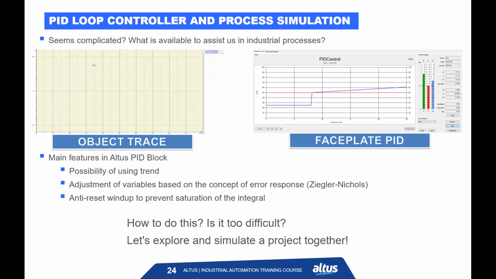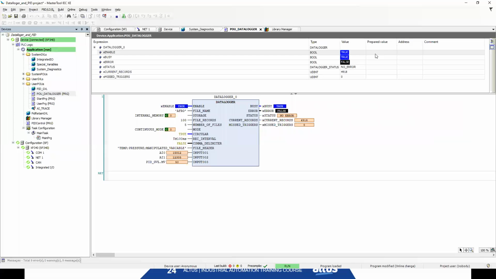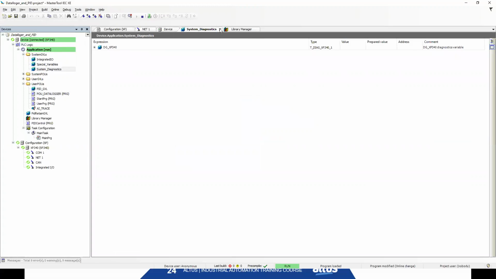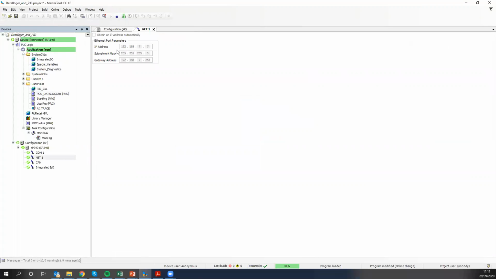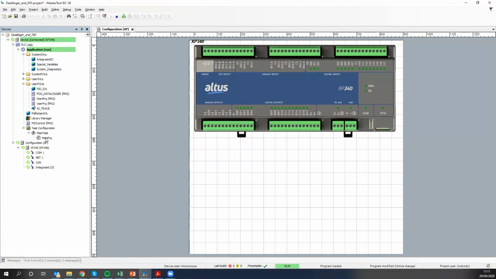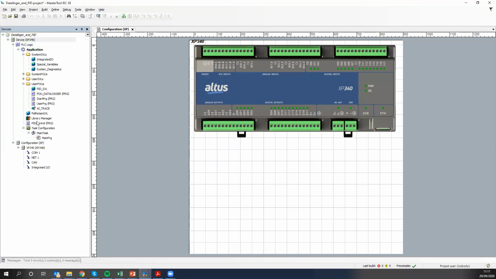Okay, let's explore the same project that I created before here. Here we have the POU that we are using. So I will close the data logger here. Let me stop this one. And let me show you here, close these. Well, first point, to create this PID program,